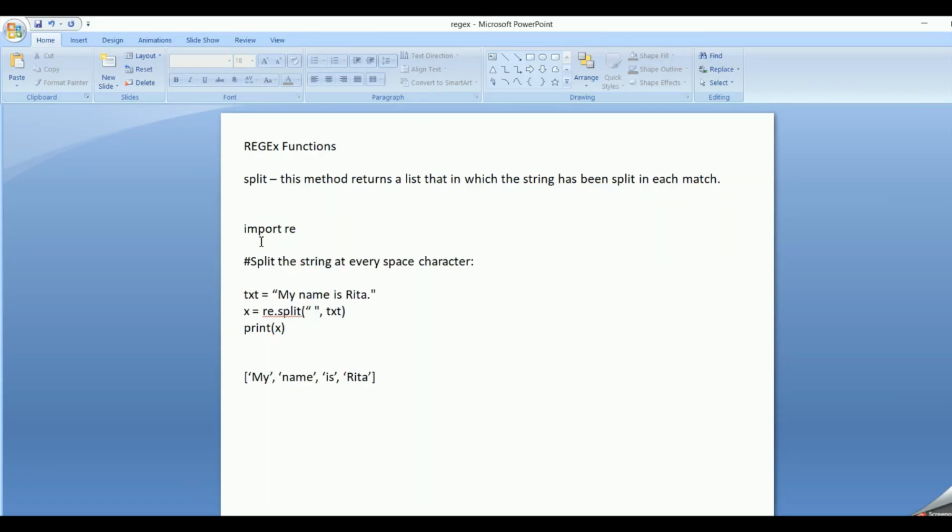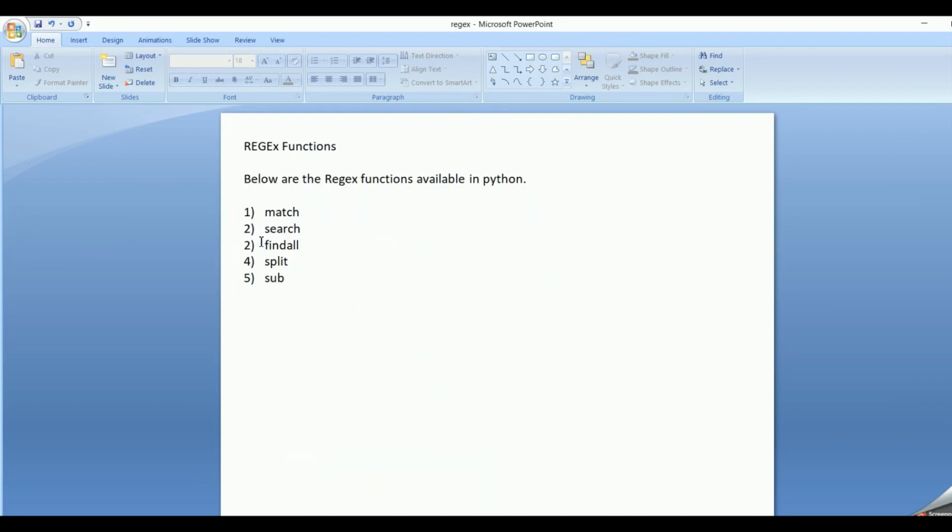Hope, friends, it is clear to you, the different functions in regular expressions. The first one is match, the second one is search, the third one is findall, then split, and then sub. Match: only one occurrence it will search, and that too at the beginning of the string.